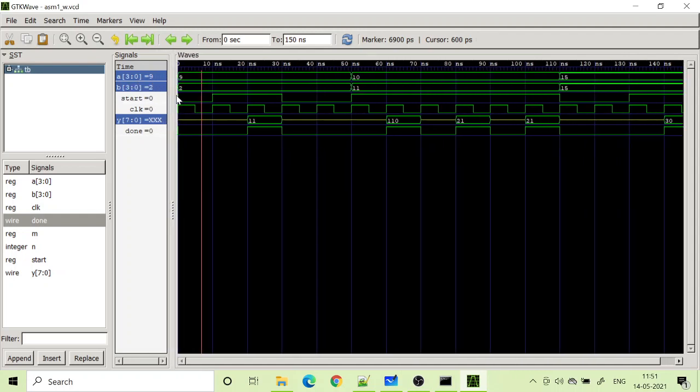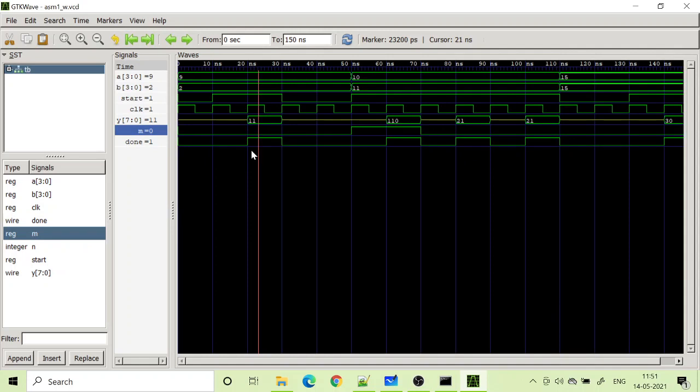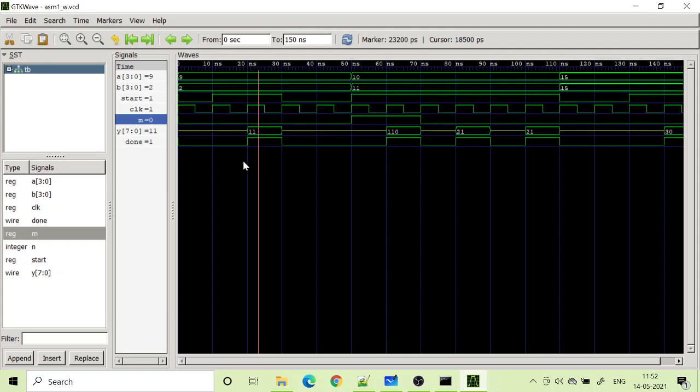So 9 2 are the input, and then the clock signal is coming. Start signal is enabled here, so it has gone in. So after 2 cycles I am getting my output. And what is my mode input? I have not specified that. So mode input is basically 0. Okay, so this is the mode input. So mode is also an input. So when mode is 0, I should add them, and the result I am getting here.